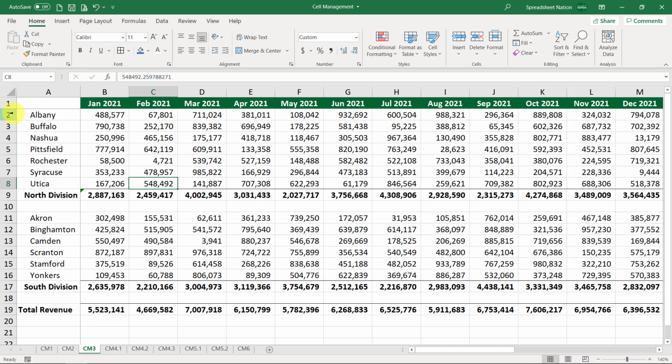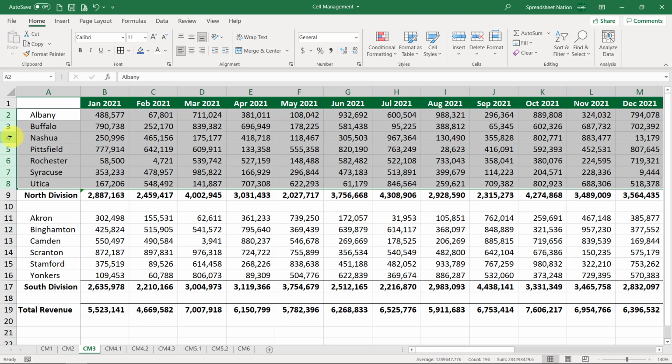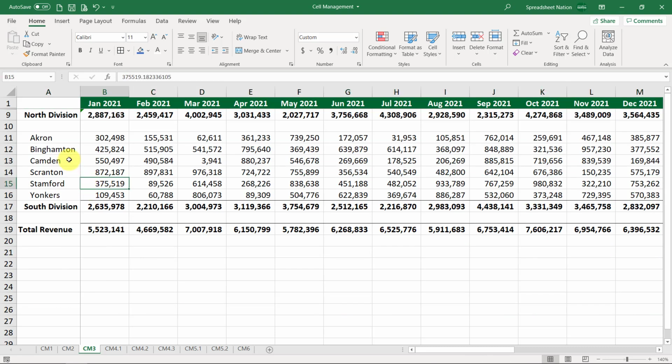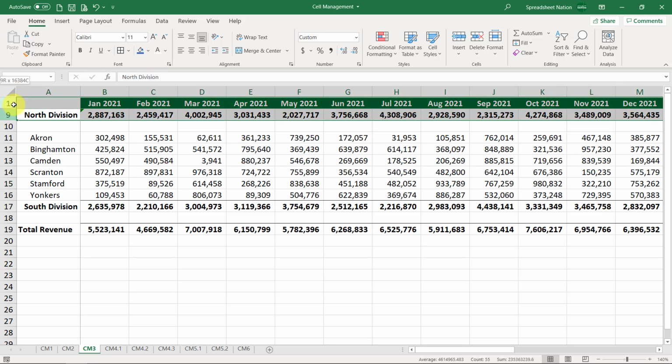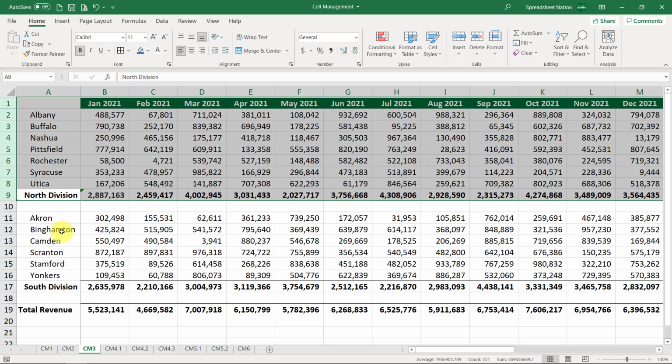Many people are familiar with hiding rows, so if we wanted to show only the North Division total and hide all the detailed branches, we could select these rows right here, right click and click hide. The challenge with that is it's a bit of a pain to get that detail again. You have to select the rows where you've hidden the data, right click and click unhide. So there's a grouping feature in Excel which does a better job of hiding detail that allows you to quickly